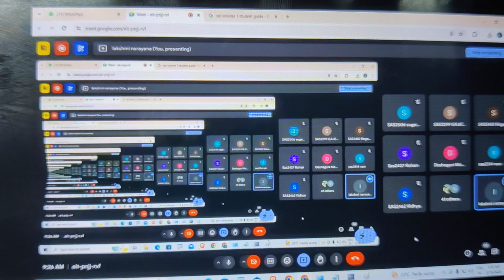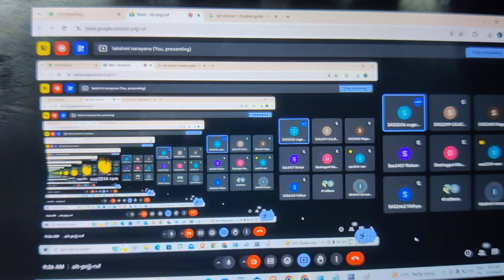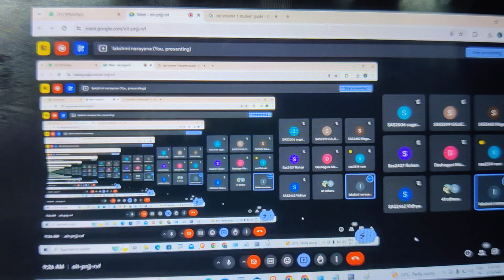Okay, thank you for attending my SQL classes. I'm happy you people are very patient to attend the classes. Very good. I have seen this batch is very good. I have taught so many batches in Instances. This batch looks nice, I can say. Most of the people are sincere in this class, I have seen. Very good. And I have seen some students in your batch have knowledge in SQL.